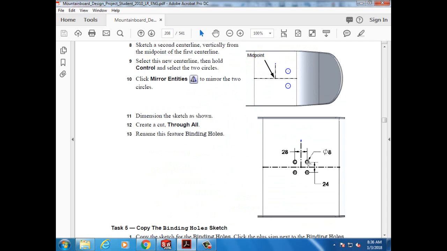So they're going to be 8 millimeters in diameter, and they're going to be 25 millimeters apart and 28 millimeters apart. And then we can just set our mirror entities tool to do that. All right, so